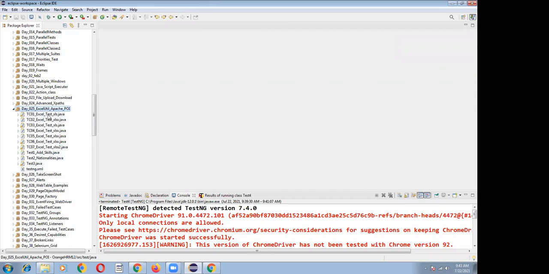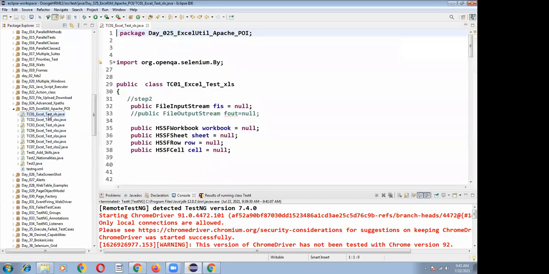Now let's see how to read input data from an Excel. So far in your data provider, you are specifying the Excel file path and sheet name, and your data provider object array is storing the e.getCellData of something. So you are writing e.getTableArray in your data provider, and that data provider object array is storing the required number of columns and the data.